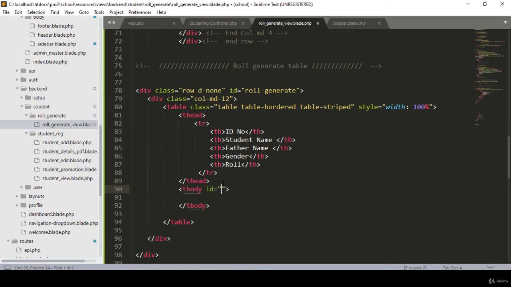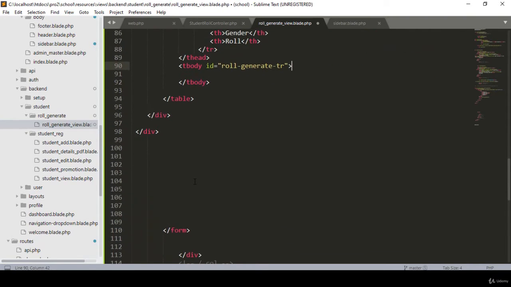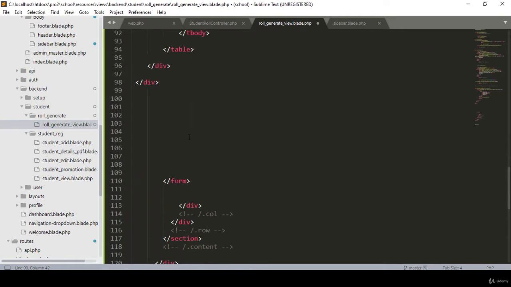As I told you, for that reason here I take another ID, and I name it role generate tr. Okay, so role generate tr. This type of name I want to take. And after that, that will be our last div, and after that I want to do